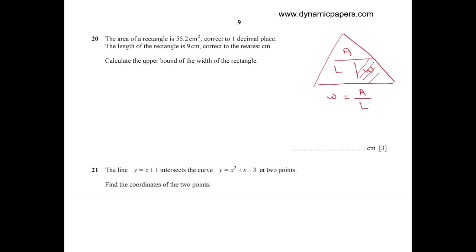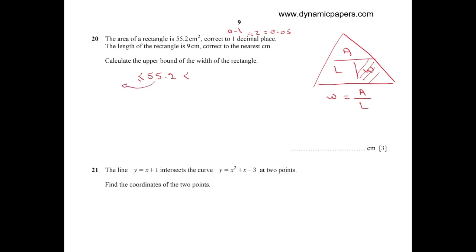The area of the rectangle is 55.2 centimeters squared, correct to 1 decimal place. 1 decimal place means 0.1, divided by 2, it will be 0.05. So the area of the rectangle has an upper bound and a lower bound, both are between 55.2